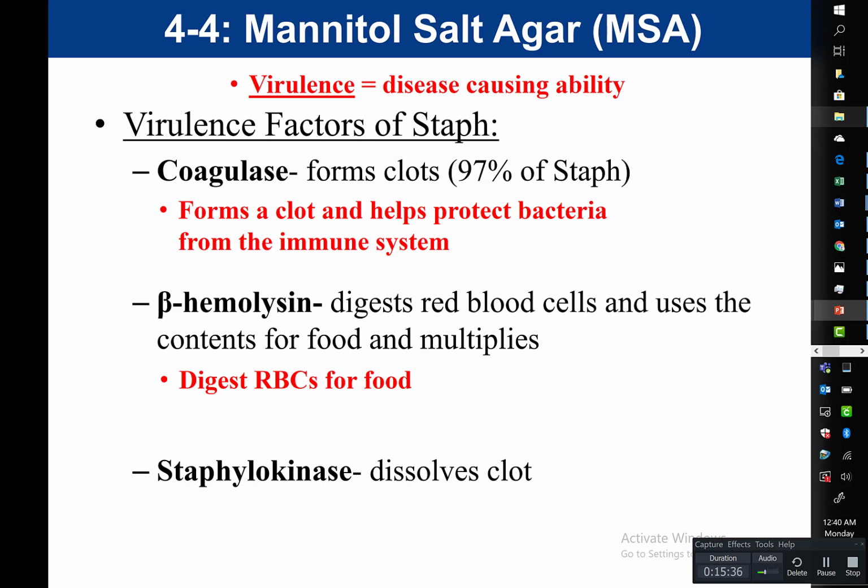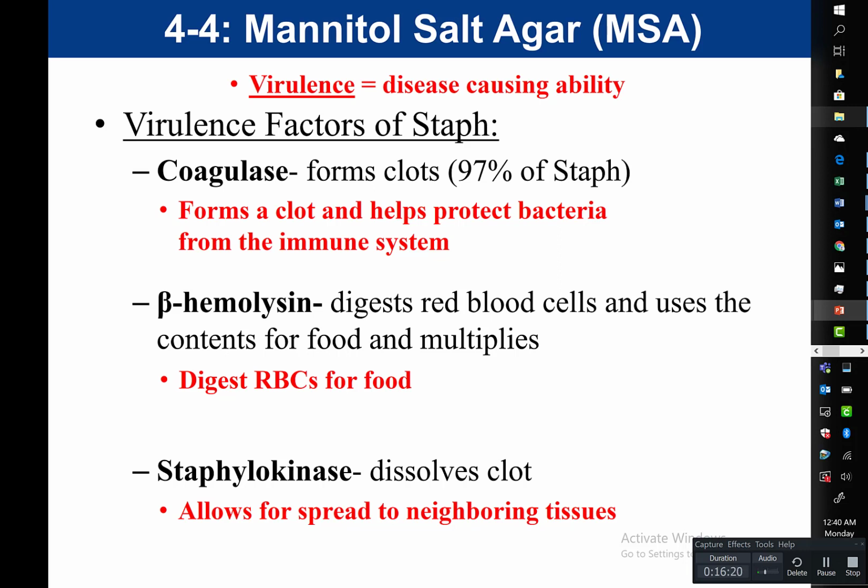If they produce coagulase first and they form a blood clot, well, that's going to protect that bacteria. But in that blood clot, the bacteria is going to be multiplying, and at some point, it's going to run out of resources. It's going to run out of food, and it's going to need to spread. And so after it forms the blood clot, once it's run out of food and its availability of resources, it's now going to produce staphylokinase. It's going to dissolve that blood clot, and that's going to allow it to disseminate within the body. And so it allows for spread to neighboring tissues. So this allows the bacteria to invade into neighboring tissues.